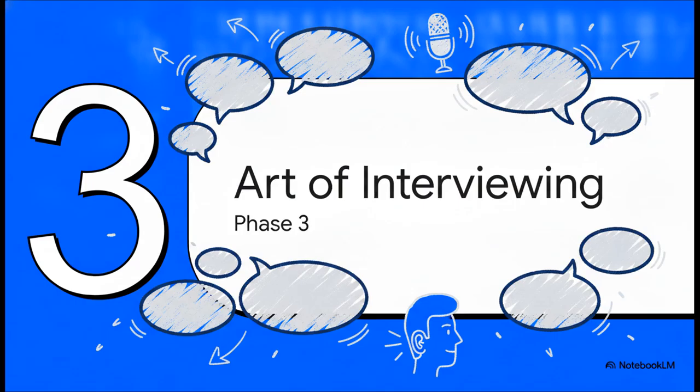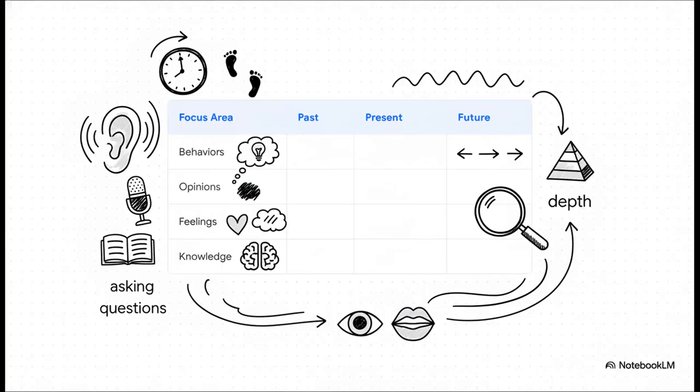Okay, phase 3, the art of interviewing. Observation naturally leads to conversation, right? But interviewing is just as much about listening as it is about asking. Patton's matrix of question options is super helpful here. It reminds us that, for instance, if we ask an experiential question about a past behavior, we have to listen very carefully to ensure we actually get an experiential response back, not just an opinion about the present moment. By categorizing our questions like this, we can sequence our interviews to get precisely the depth we need without confusing